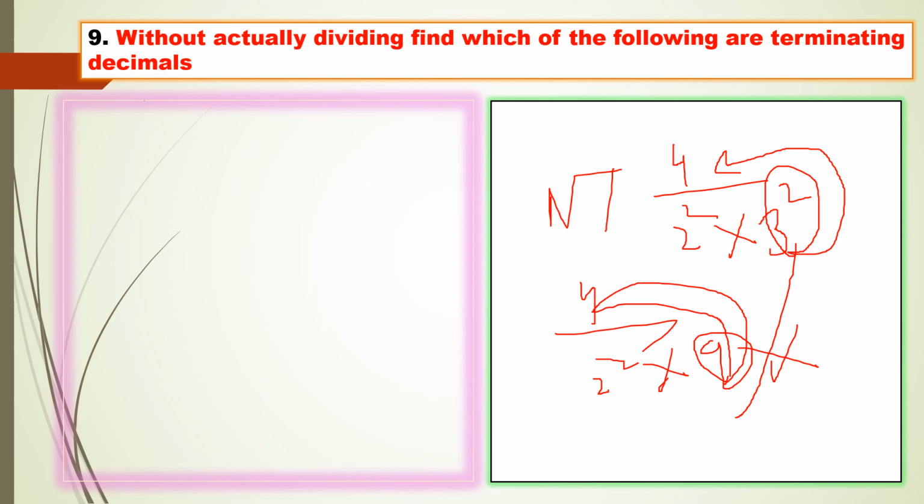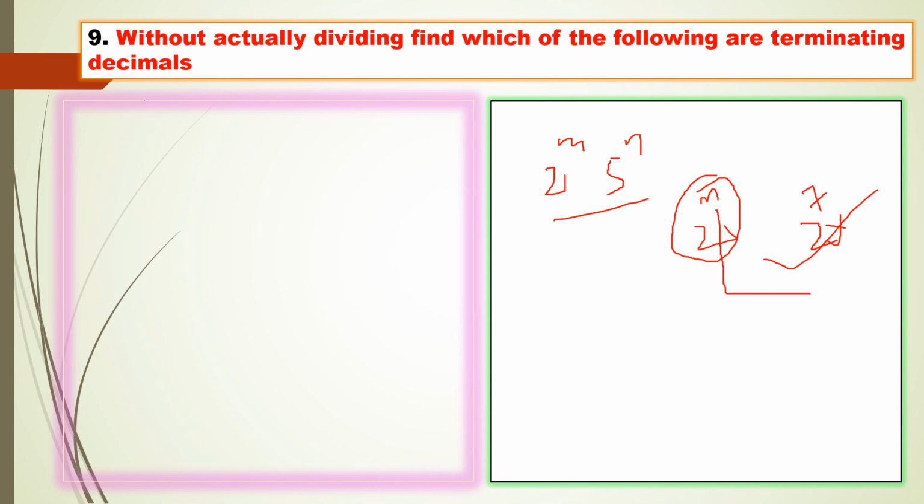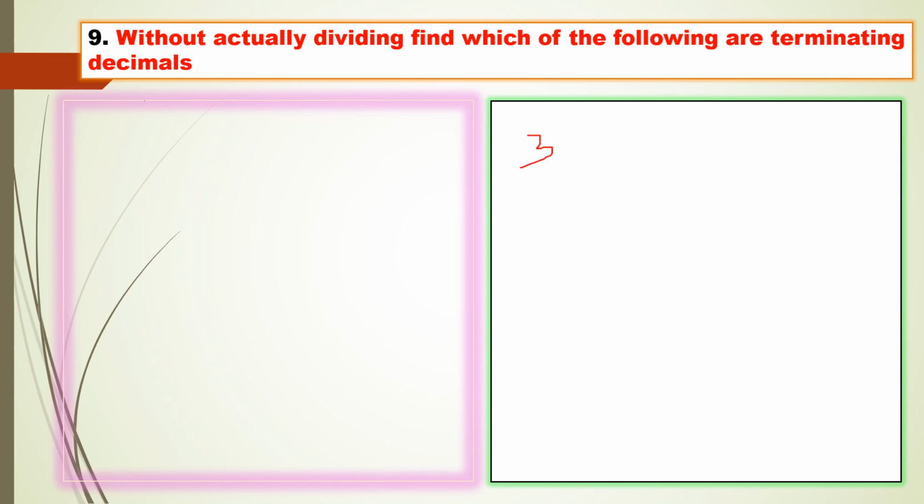Clear? So one thing you should remember: the denominator should be in the form of 2 power m into 5 power n. These two should be there, or only 2 power something. Suppose I got only 2 power 7 when I did the prime factorization of the denominator. Then it is also a terminating one, because 5 power is not there in my prime factorization. See, here I am taking one example, 3 by 32. This is a very important problem. When I do the prime factorization of 32, I get 2 power 5. 2 power 5 is your 32, right? So there is no other prime factor.